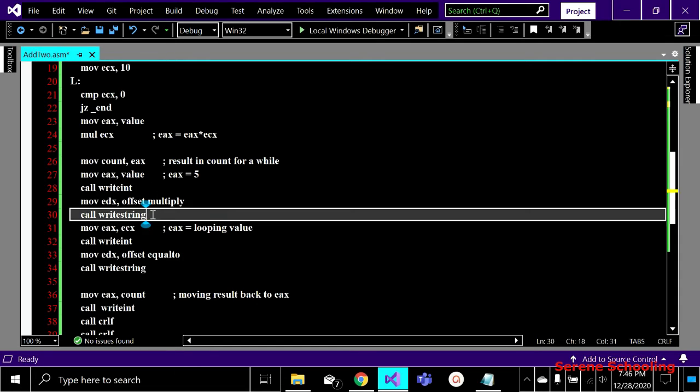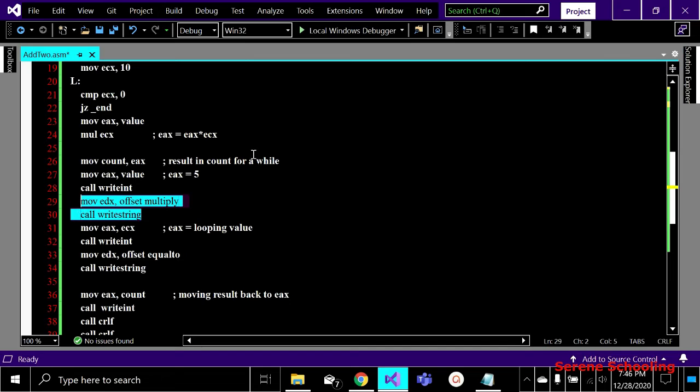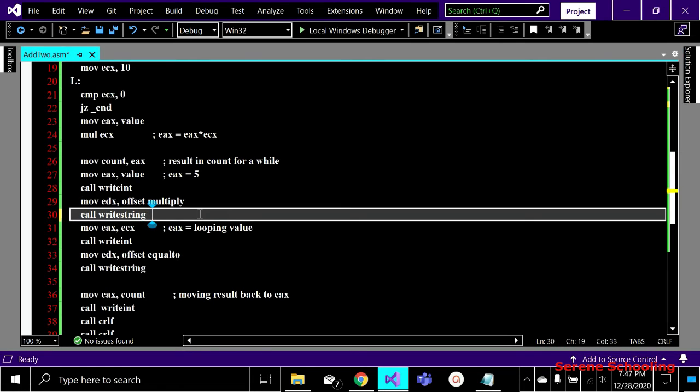And then by these two statements I am displaying that asterisk symbol on the screen that we have declared above, right? And this will display an asterisk on the screen. It will display like this. You can see 5 asterisk. This has been done yet. Okay, this has been displayed on the screen.